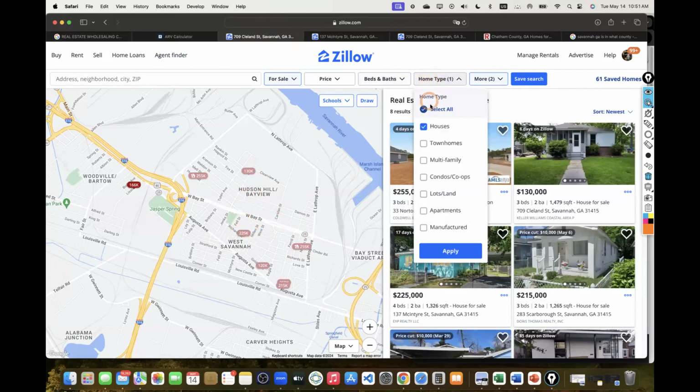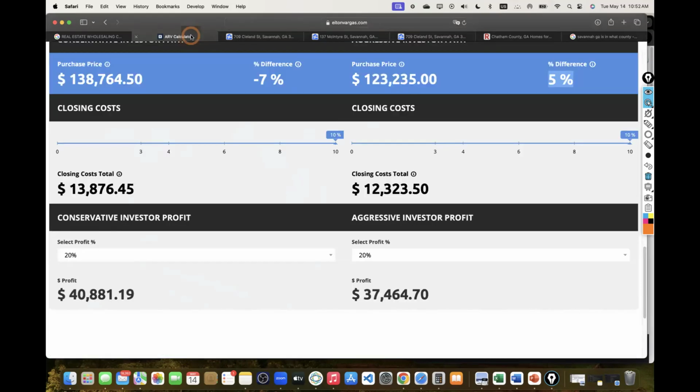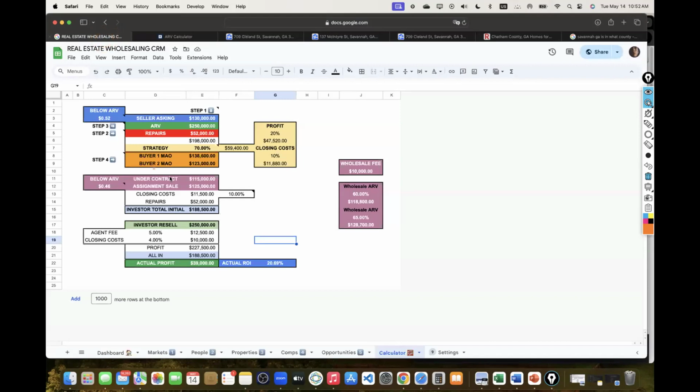So if I want to look for land in this area, if there happens to be any, or if there's no land available, I can just try to see if there's any lands available and do the same thing. Try to build a brand new home and then try to make that happen as well, and make more money out of that. But this is where the numbers will lie overall in this analysis.